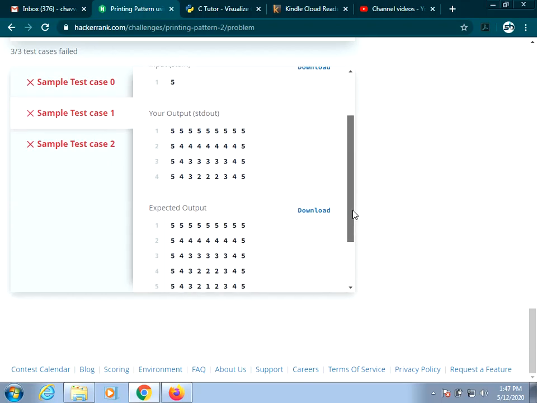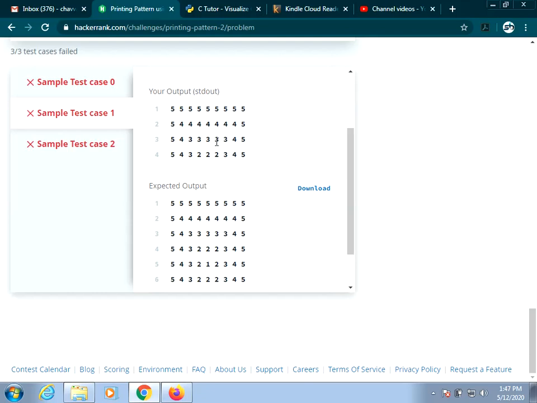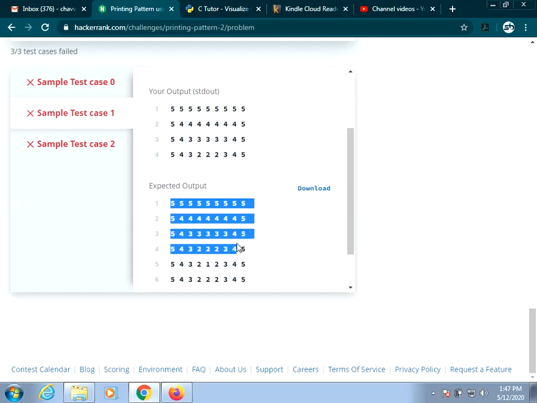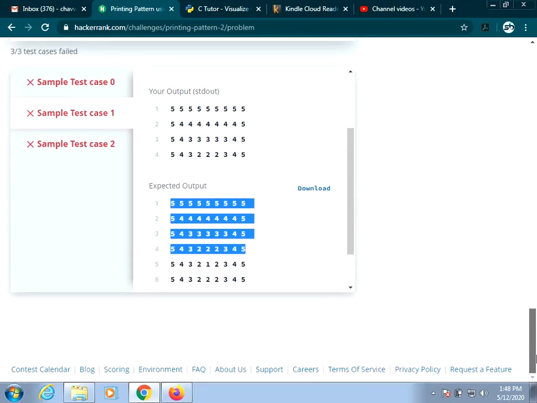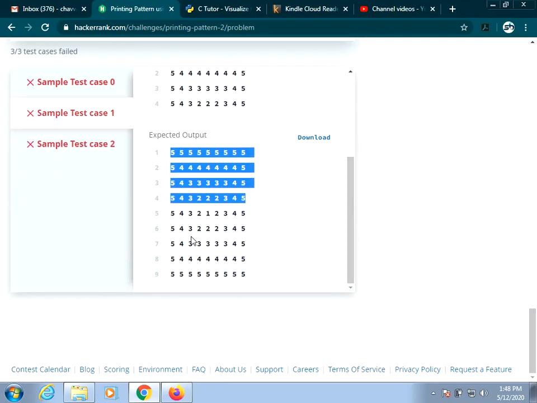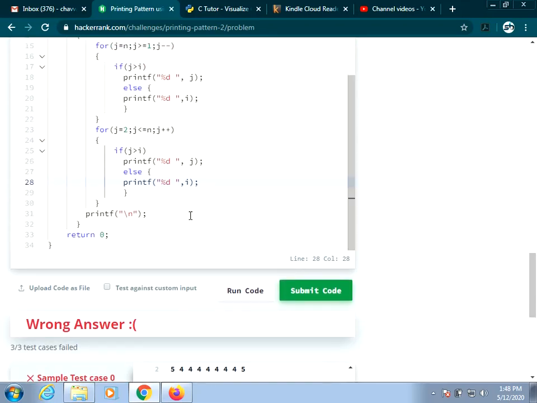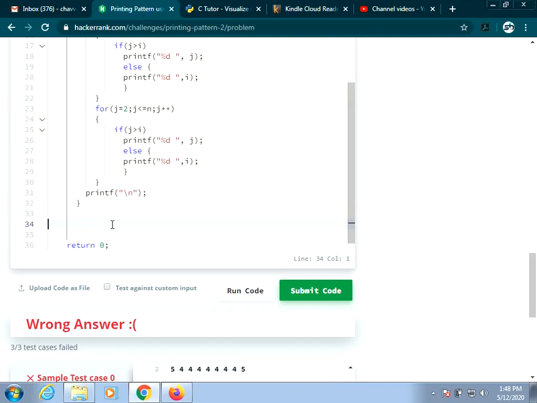When your n value is 5, it is printing the first 4 lines, that is the top part of the output you want. And you have to write similar code for the bottom part of your matrix, this part. I will write the code and later we will see how to completely get this.